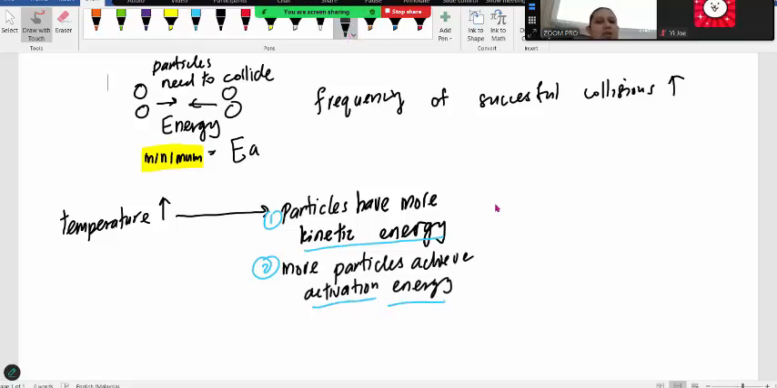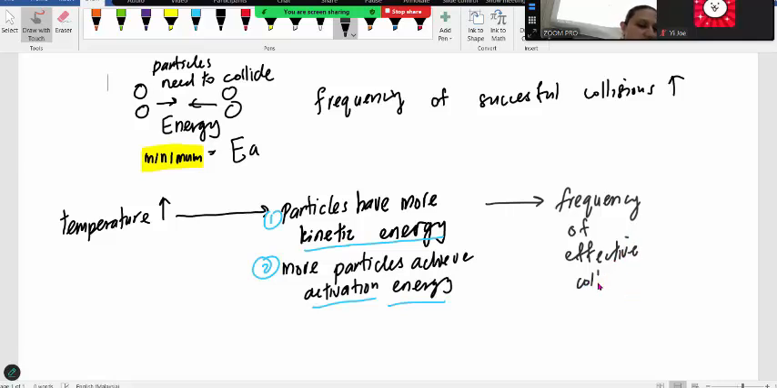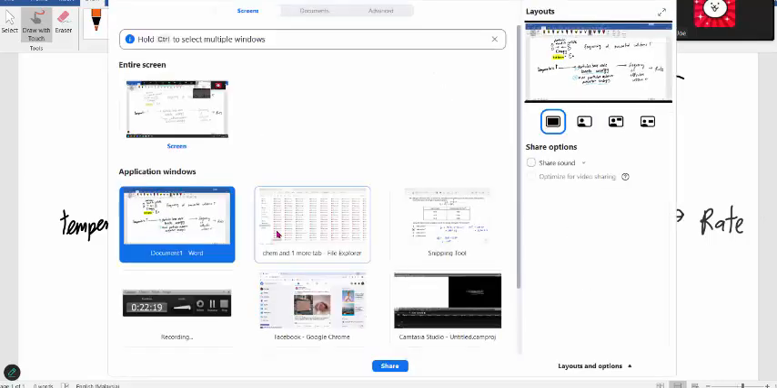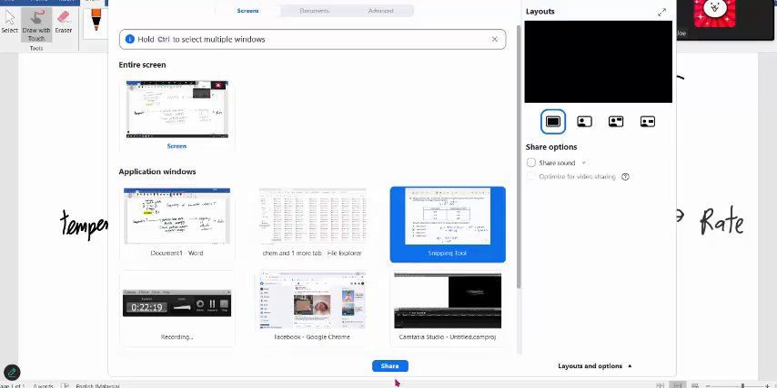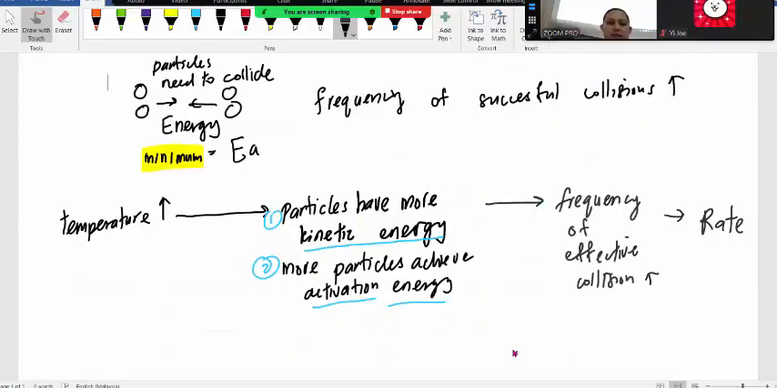So all of this cause them to collide more frequently or less frequently? More frequently. So the frequency of effective collisions, that means a collision that has product, increases. So of course, the rate of reaction also increases. So that is why you have a graph like this, where the